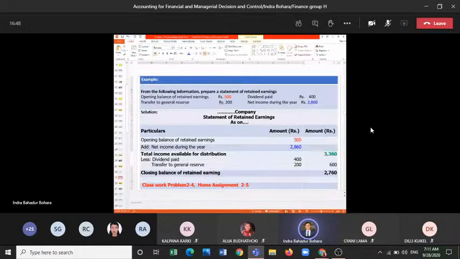And dividend paid is given in the question. Dividend paid is a part of profit distribution, or total income available for distribution. So you can write here: less dividend, distribution of profit. Then 400 rupees dividend paid is given in the question, and that is distributed out of the profit. Another is